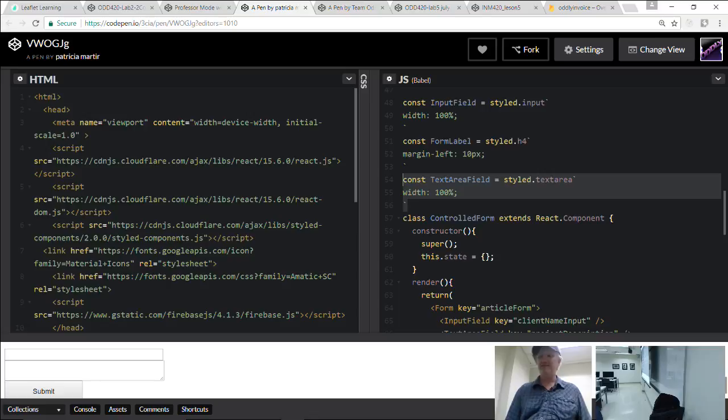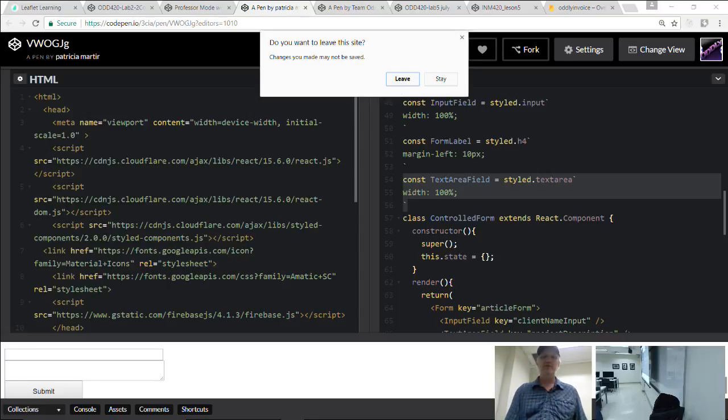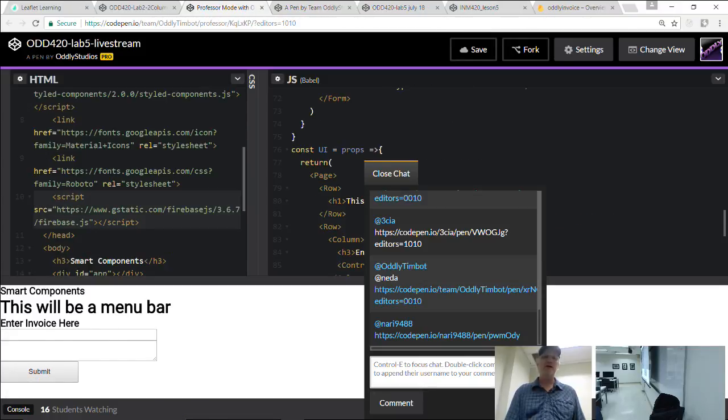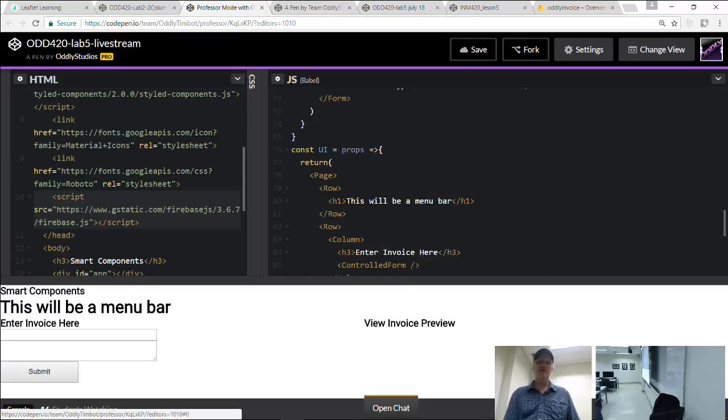Let me change that. So we're doing pretty good here. We're going to do one more step. We're going to make a few more stateless functions, a few more little minions here. The button is an input tag. Your code, where is the button? Button is input? Yes. Why? Well, I'm going to show you one more trick. We're not quite there yet.